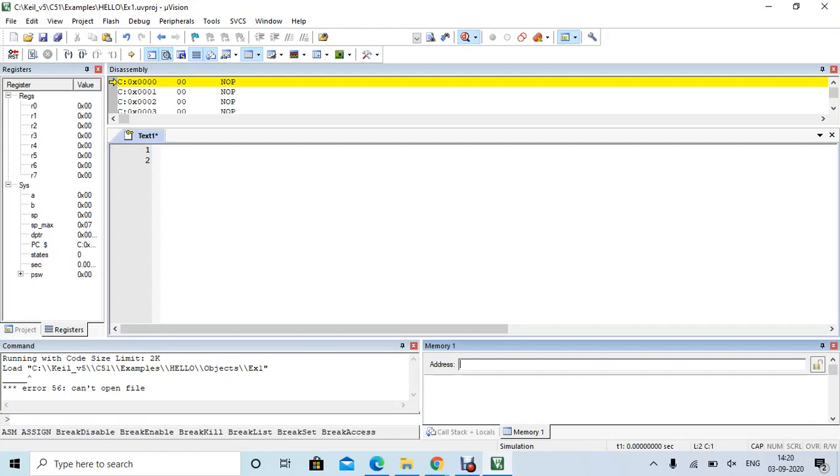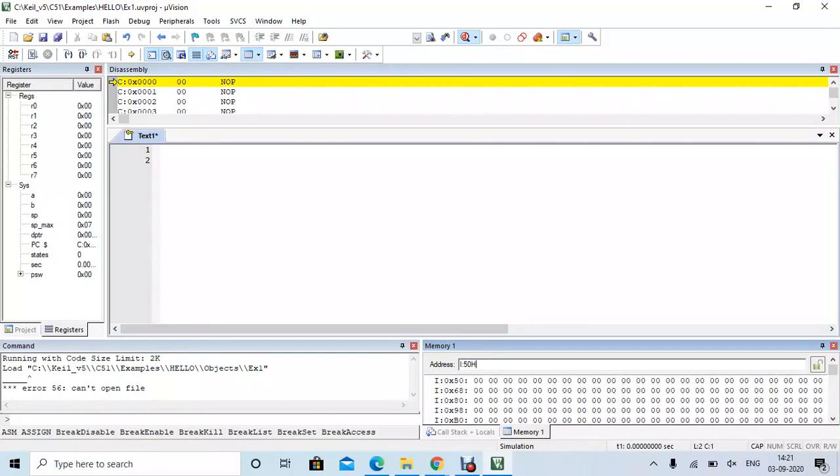If it is an internal memory location, then you have to enter the letter I and then a colon, and then give the address location. Suppose the internal memory location is 50, then I have to enter 50H and then press enter. It will show me the memory location starting from 50H.